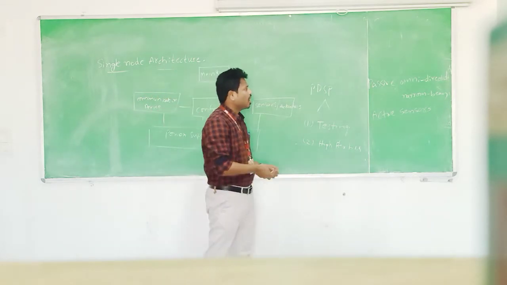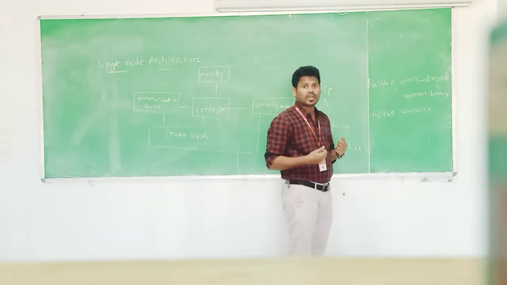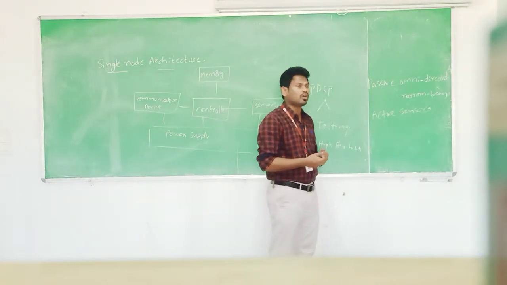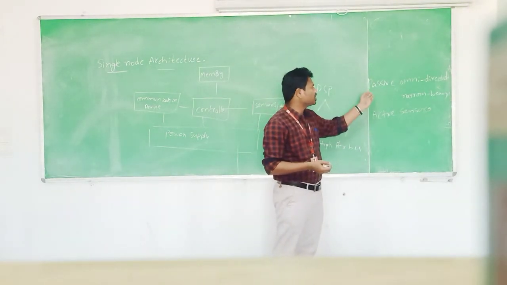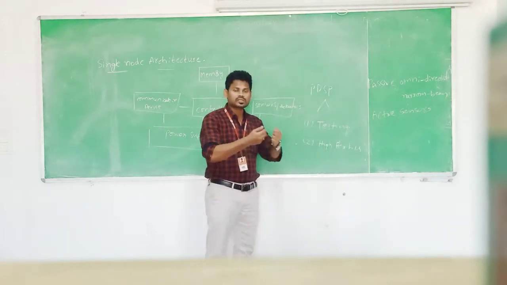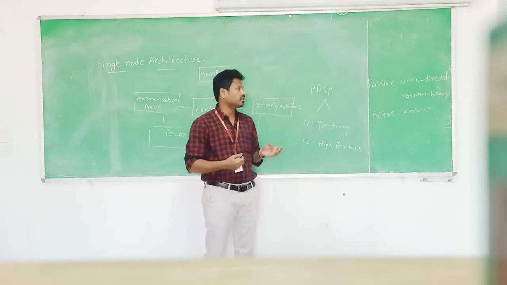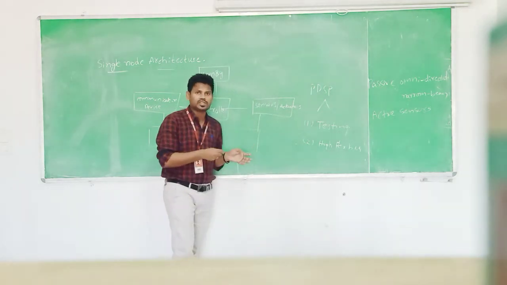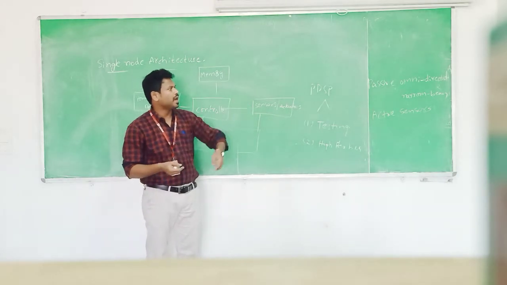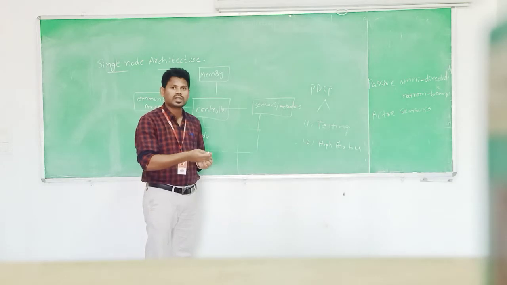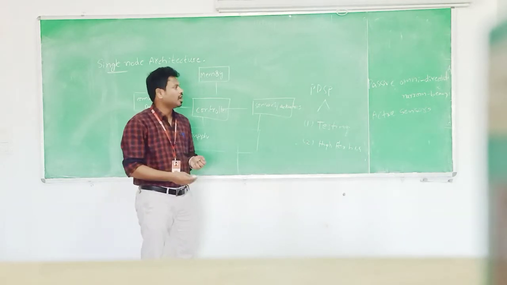Passive elements always collect the energy from the outside world. So if you observe this passive omnidirectional sensor, these sensors also get the energy from the environment. While designing any wireless sensor network, we use mostly passive omnidirectional sensors. Why? Because these passive omnidirectional sensors get the energy from the environment.